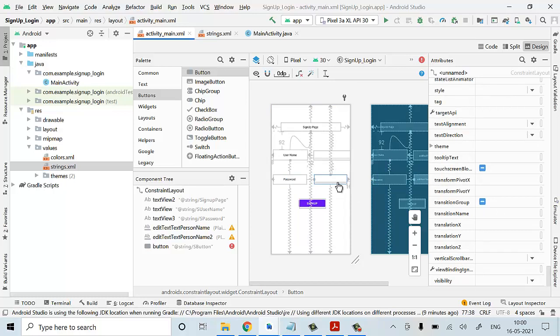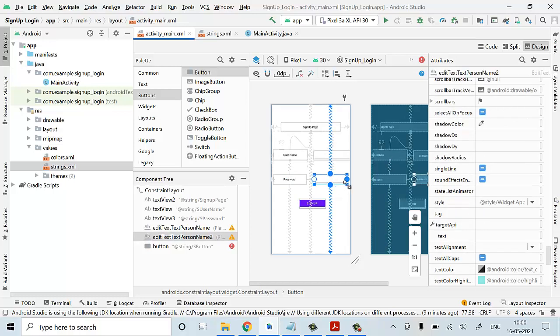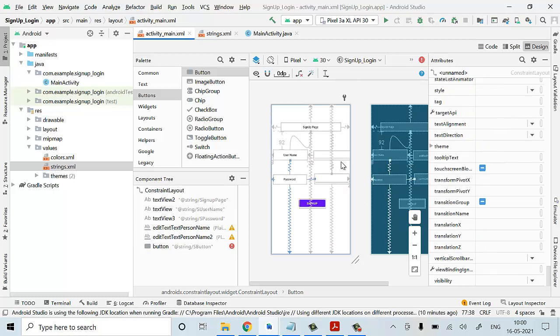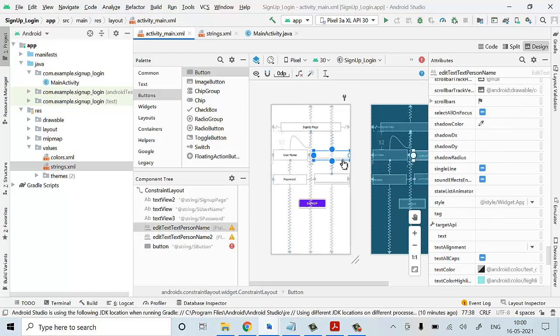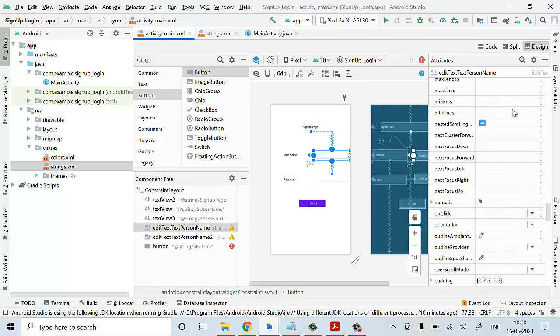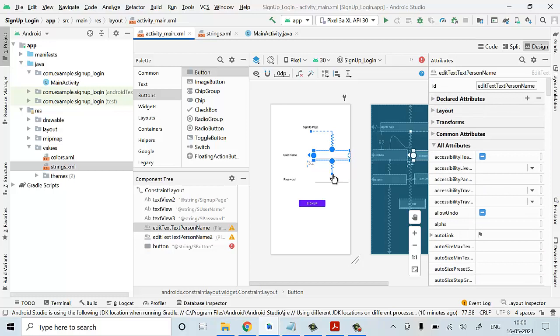Another one thing which remained is, give me 1 second. Now I'll adjust this. Okay, now what happened is, now I have to identify this text box. If I want to identify this text box, I have to give an ID for that particular text box. So directly you can go to this attributes panel. At the first one, you are going to have an attribute called ID.